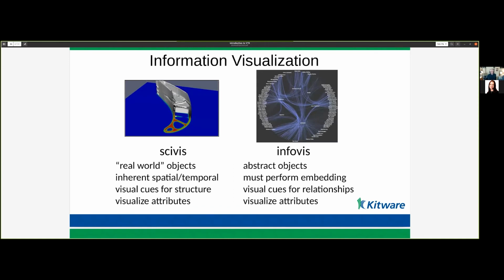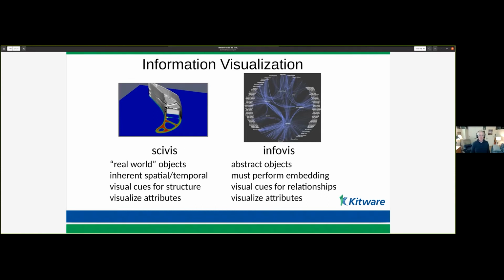All right, just a quick segue, just to let you know that VTK does do more than scientific visualization. So what we've been looking at so far is data that has a spatio-temporal nature, and it usually corresponds to something in, let's call it, world space. And so it's very easy for humans to relate to that data, because if you show somebody a rendering of a skull, almost instantaneously people understand what it is and how to interact with it and what it might be